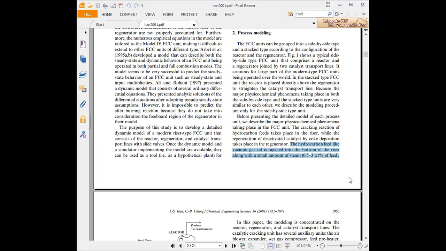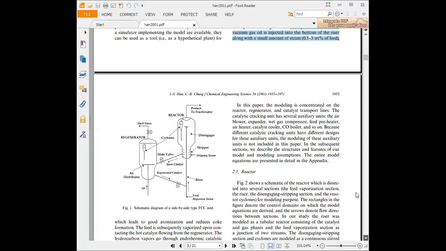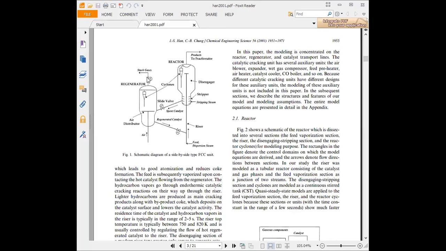So the amount of steam is around 0.5 to 3 weight% of feed. Okay, so this is the schematic diagram of a side by side FCC unit. See, this is a kind of complex geometry. This is a regenerator, this is a reactor. Since we are discussing in terms of its